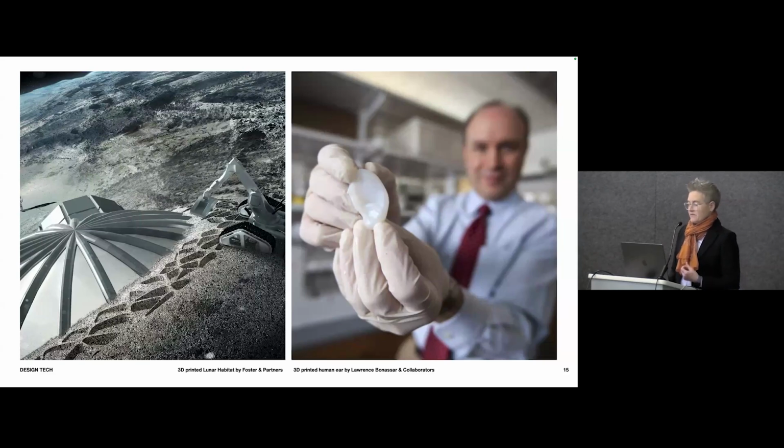And at a radically different scale are 3D printed tissues and body parts, such as this 3D printed ear by bioengineers and physicians at Cornell that looks and acts real, which gives new hope for children born with congenital deformities.